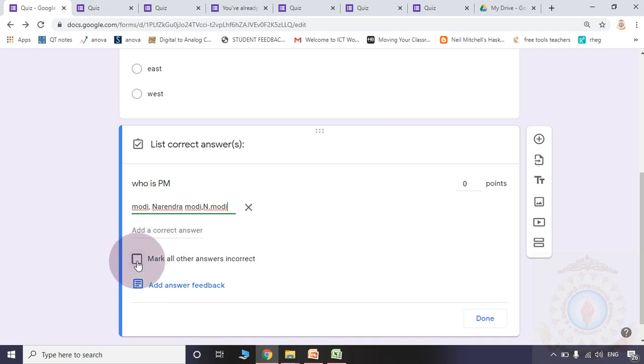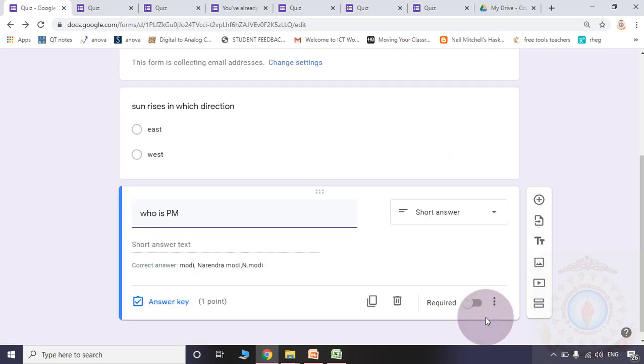Mark all other answers as incorrect. So who is our CM? I may write Jagan, you may write YS Jagan, some other fellow may write YS Jagan Mohan Reddy. So all the possible answers we need to include here generally. Then we show the number of points. Then we click done.